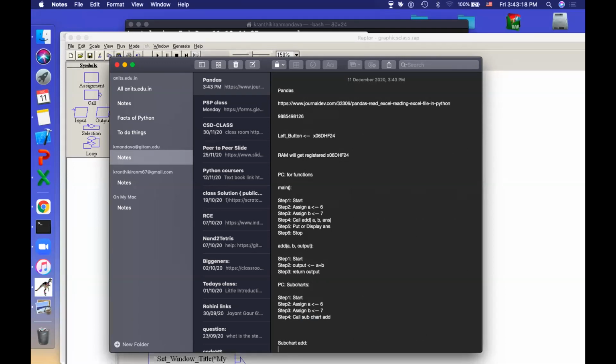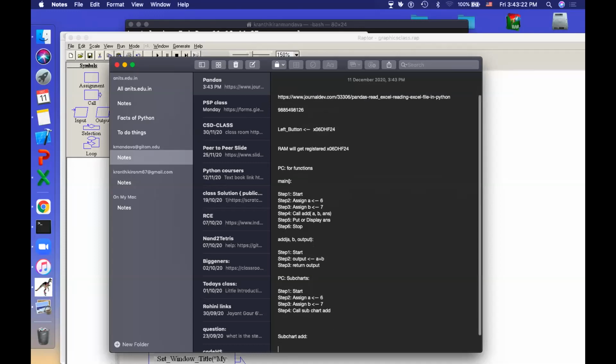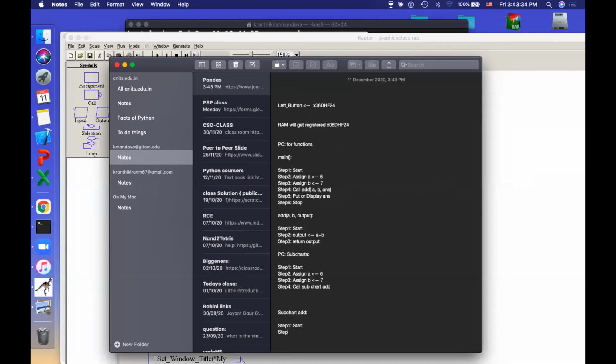Class out for you. Put a column like this, and now what you do is you directly write as you continue this one with step 1, start. Next, step 2, you go on with C, because it's a continuation, you can simply write like this: C is equal to A plus B. And then step 3,